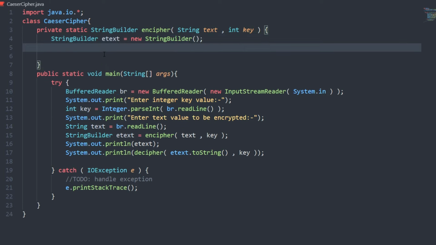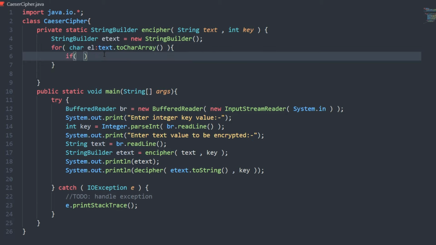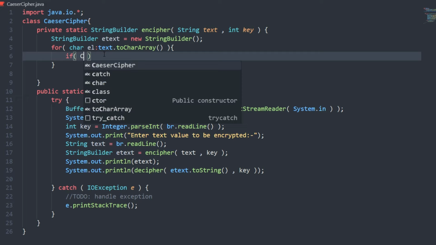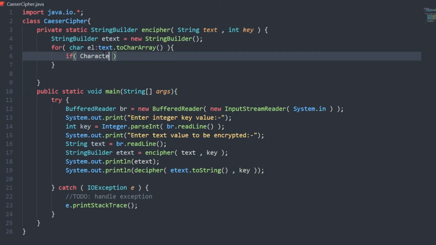And now we will have a for loop for character element in our text dot to char array. We will have an if condition to check if a character is alphabetic, and we will just use a not.